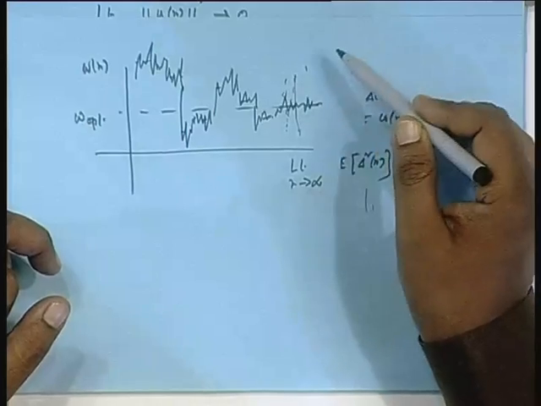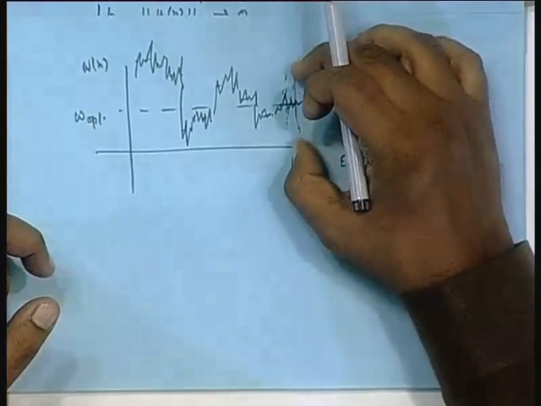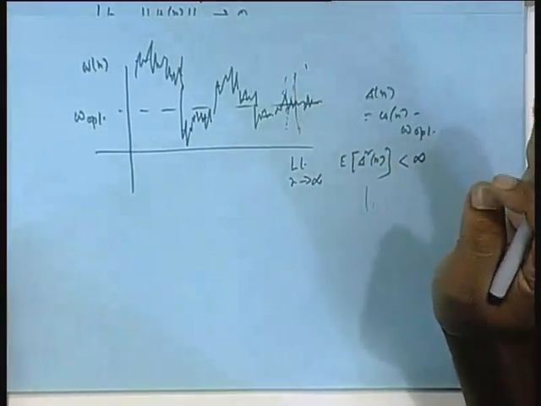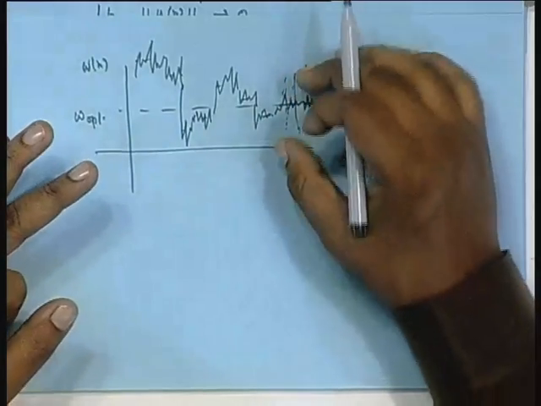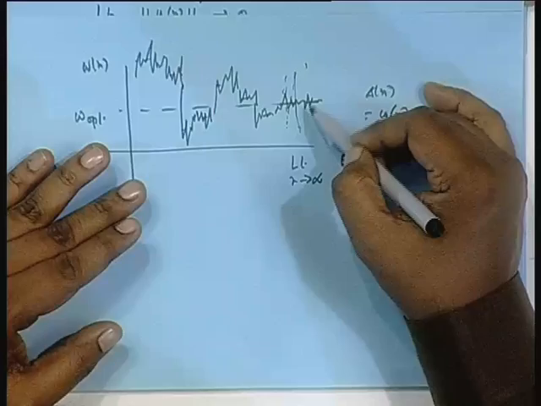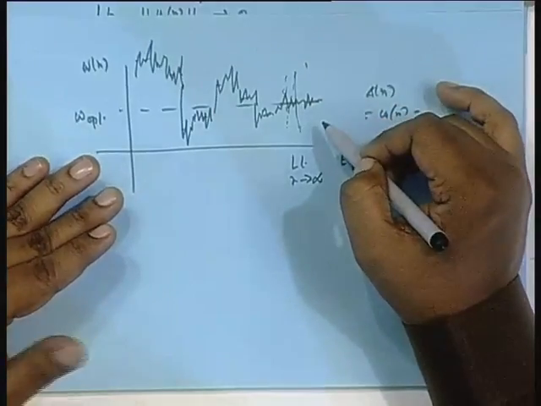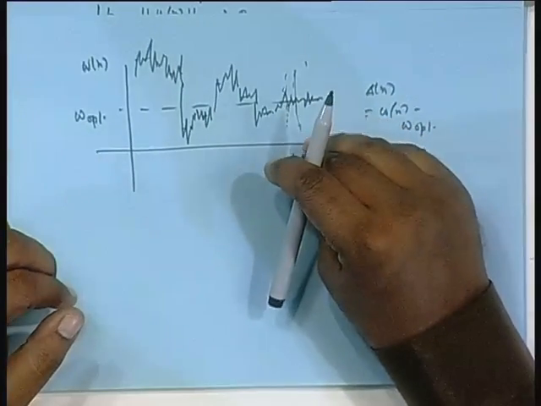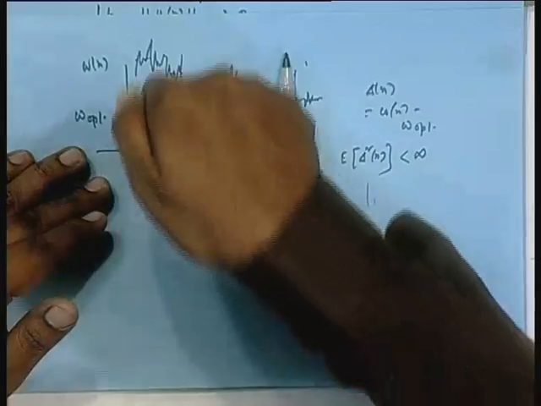If mu is large, then the spread will increase. Large means still within that range, then only it will converge in mean, but the spread will increase. If you take mu on the lesser side, then spread will be much less. The point is, if mu is large, then it converges faster. It takes much less time to hit upon this zone where the mean will be the actual weight, optimal weight. If mu is less, it will take more time. So, there is a kind of trade off.